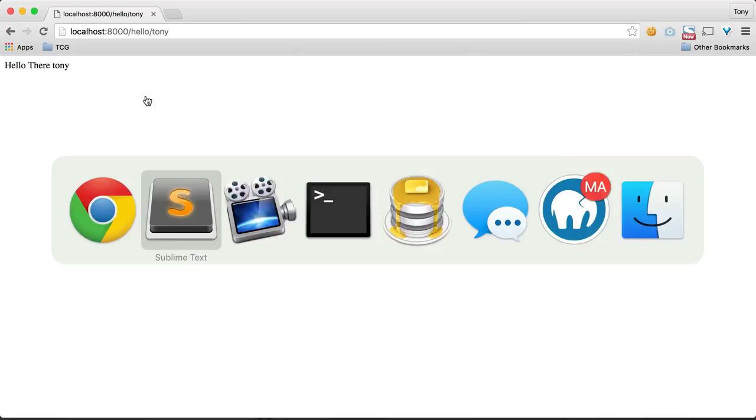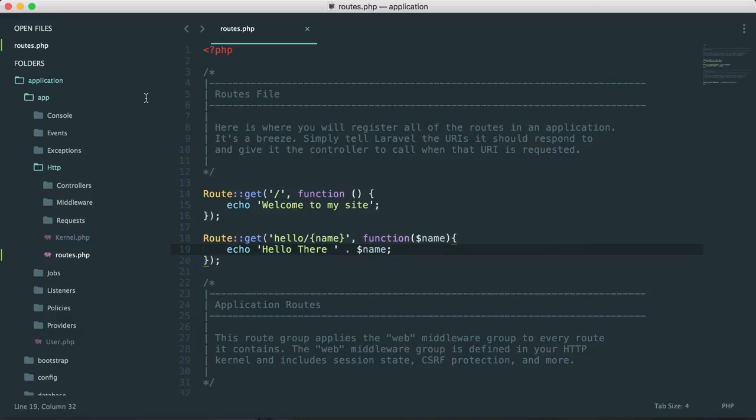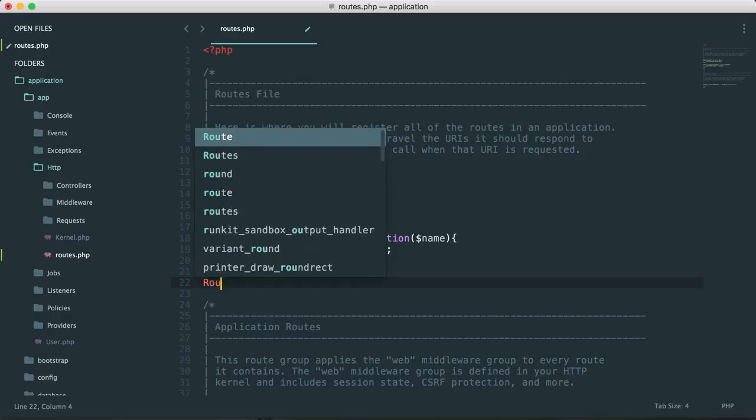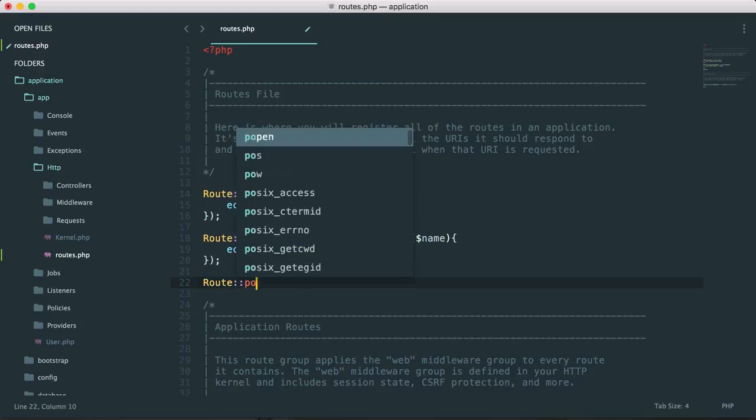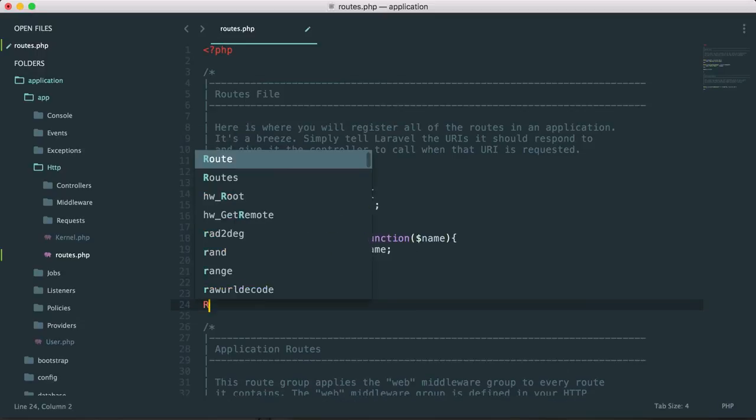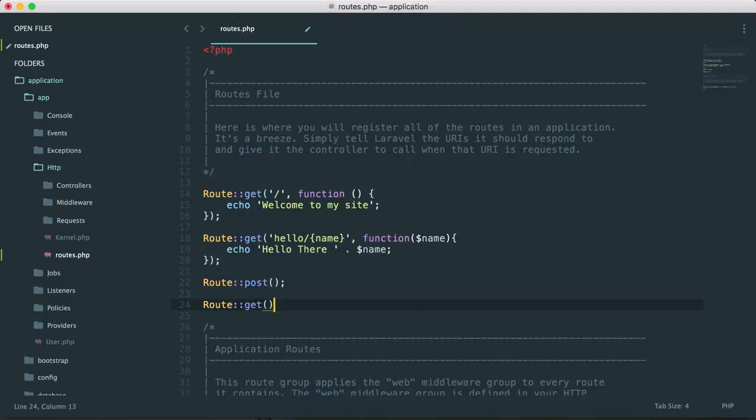So let's discuss the multiple types of routes that you can use in your application. Here by default we're using this get route, and this is the typical route that you will use whenever somebody types in a URL in the browser. This is the route that will be shown on the screen. But there are multiple other routes that we can use, such as route post, and route get, which is the typical one that we've been using,